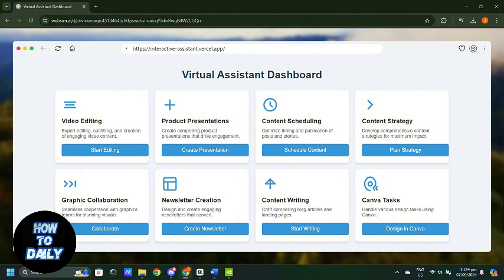After you are satisfied with the design, let WebSim AI generate the application for you. In just a few minutes, you will have a fully functional prototype ready to test. And that is how you can quickly design an application using